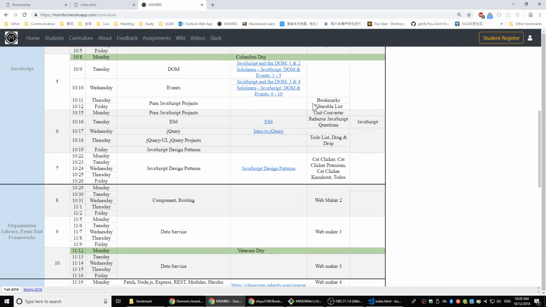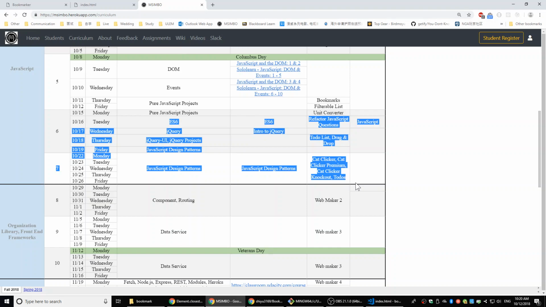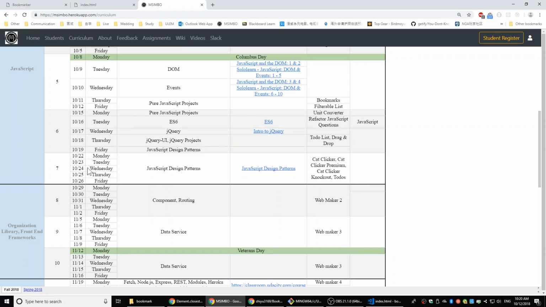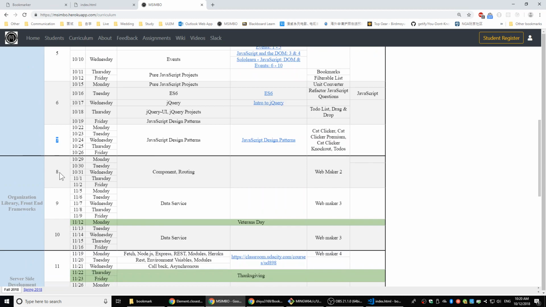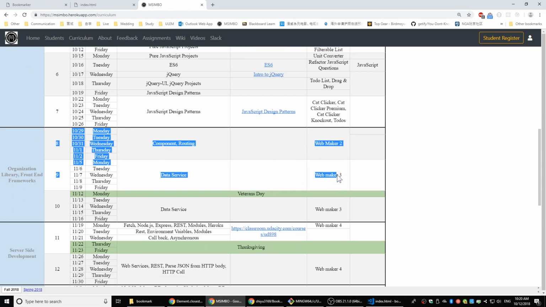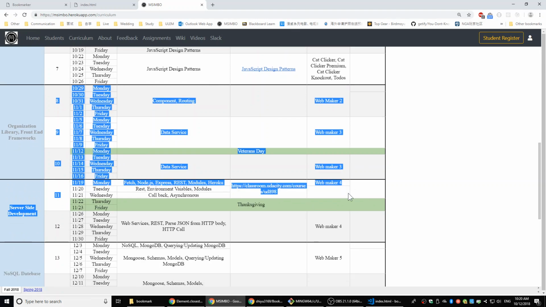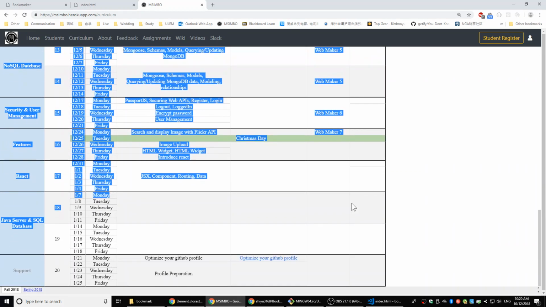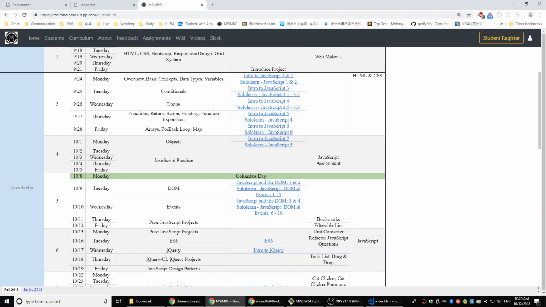So we already finished the bookmarks and the filterable list, and next Monday we're going to do a unit converter, which will allow you to convert between different units. We're going to cover that next Monday, and after that we're going to learn some new features from JavaScript, such as some new things from JavaScript until week 7. And after that we're going to start working back on our projects. We're going to introduce some libraries from JavaScript. Okay, let me upload the video to the